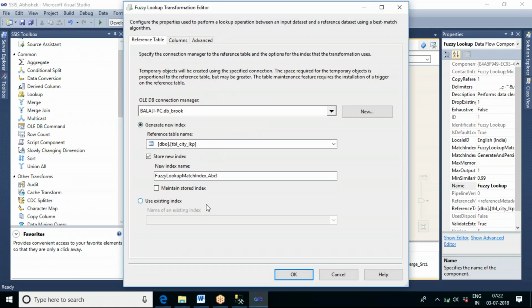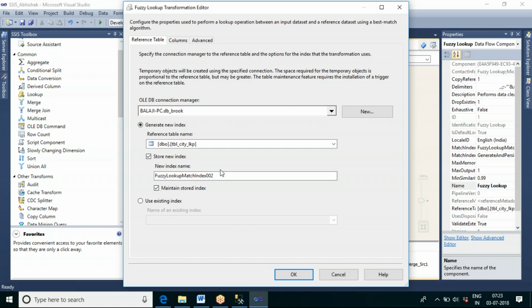What we are doing is, we have taken the reference table. We have passed the transaction table and we are taking the reference table. So let me create a new index. Fuzzy lookup batch index, let me go for that.